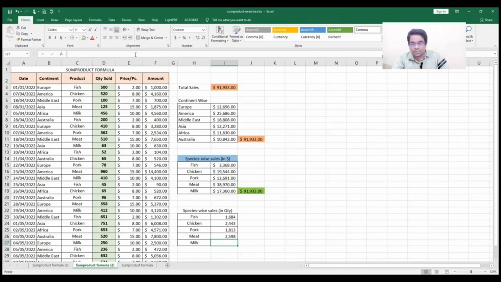Now meat. You get the figure 2,598. And the last is the milk. How many liters you sold? First you have to check whether you have to take this product and quantity sold. If you get the correct one,